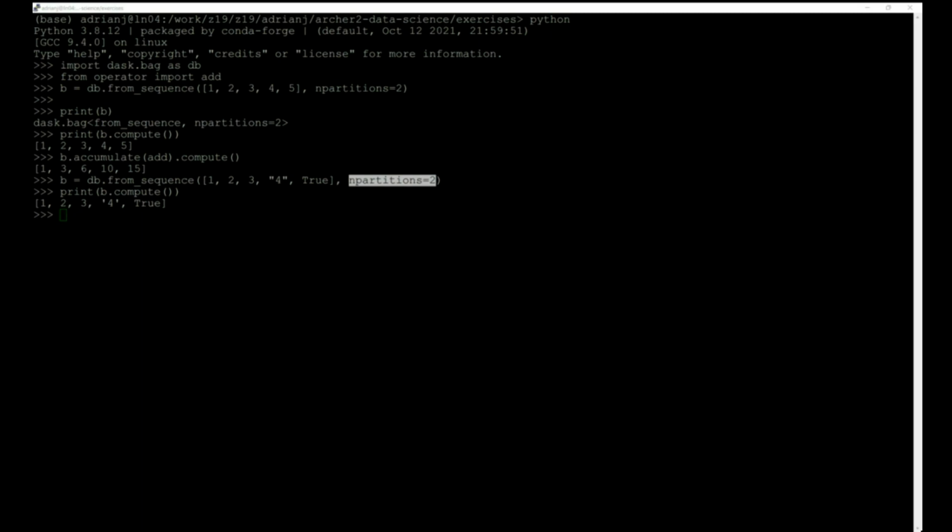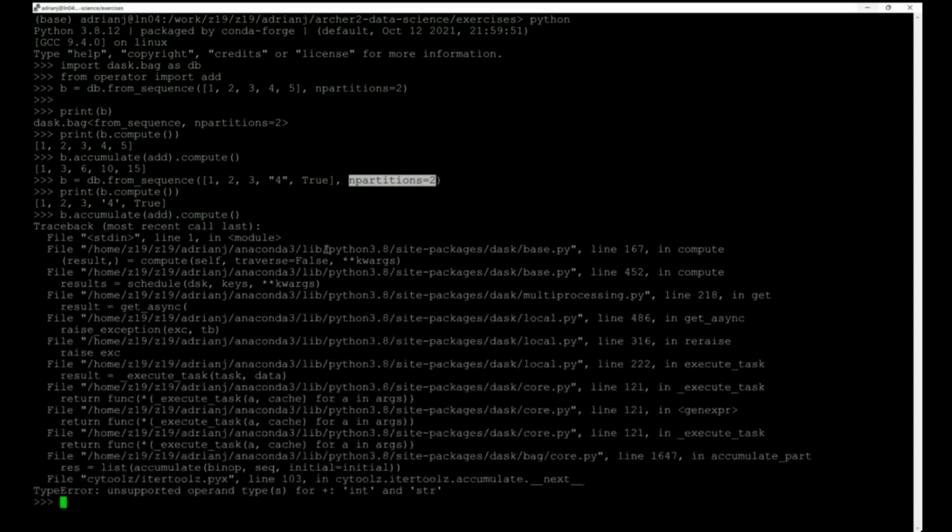So then there's a question of what happens if I try now with this mixed kind of bag to do accumulate across it. Actually, I don't know what the answer is here. I don't know what this will actually end up doing. But there are other operations I can do, where I can try and select all the strings from this. Yeah, okay, so it doesn't like that addition because I've got mixed data types here. But I'm going completely off script here, and we still have operations we can do here, like something like